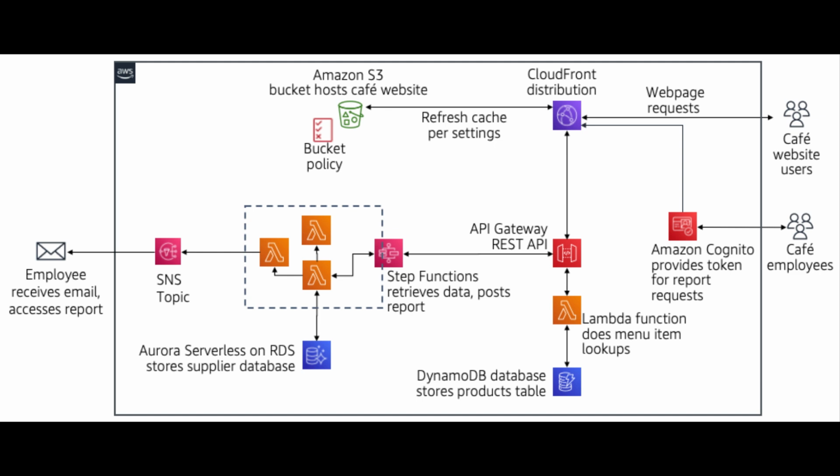These Lambda functions invoke the REST API endpoints that you created in the Lambda lab earlier in this course. For example, when a user loads the Cafe homepage, the getProducts Lambda function is invoked. It performs a lookup in Amazon DynamoDB to retrieve the menu items. Also, as you will see in this demonstration, after authenticating to the Cafe website, an employee can request an inventory